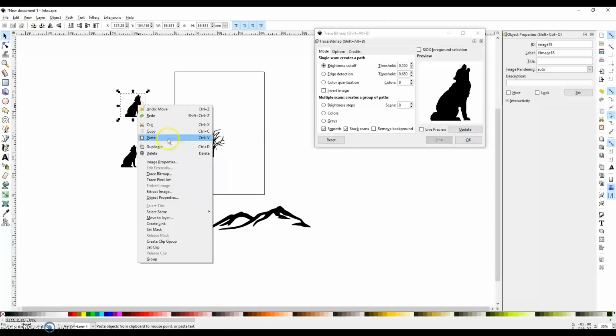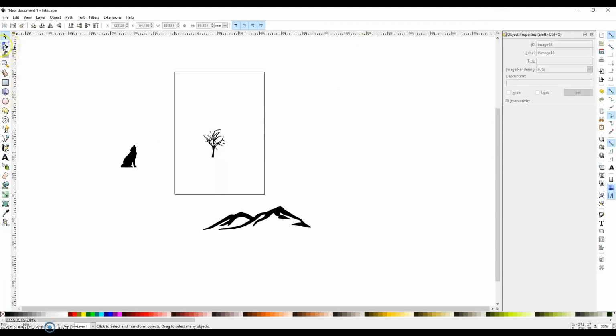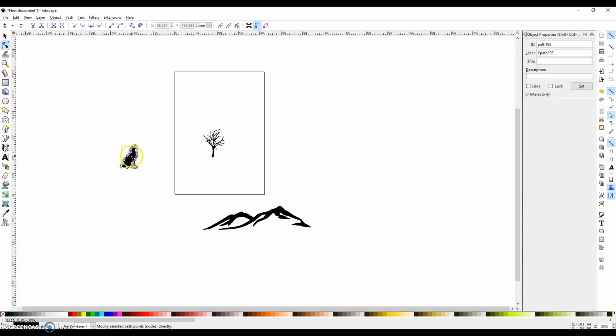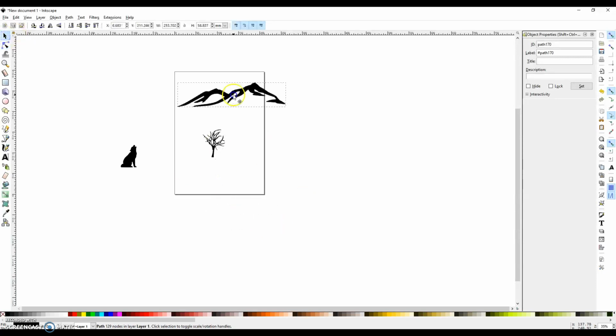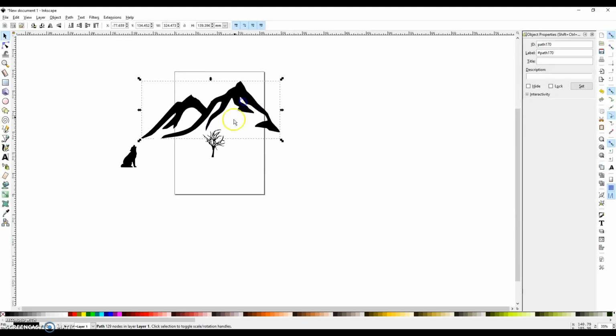So once you have them traced bitmap, they're not images anymore, they're vectors. See those little squares? They tell the computer where to go. Once you have everything vectored out, you're going to want to scale to what you think looks good. Now, once you scale to what you want and place them,